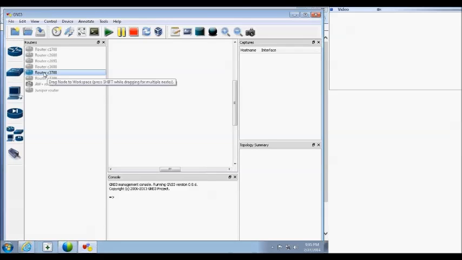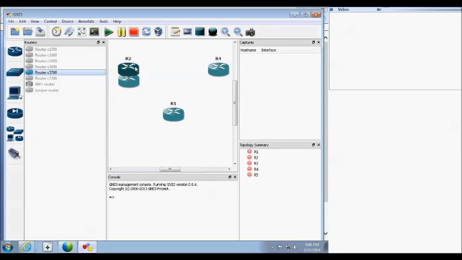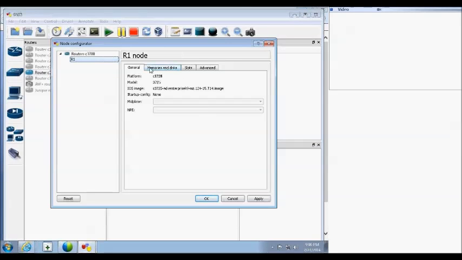But so let's go ahead and click on a router and then choose the router and click on one and drag it over there. What we can also do is we can click on it while holding Shift and drag over, and it'll allow us to create multiple at the same time. You choose them in a circle or a line and just click on OK. And it'll pop up a bunch of them out there. And you can hit the zoom out to zoom out a little bit to make it a little bit easier here. And let's just arrange them a little bit here